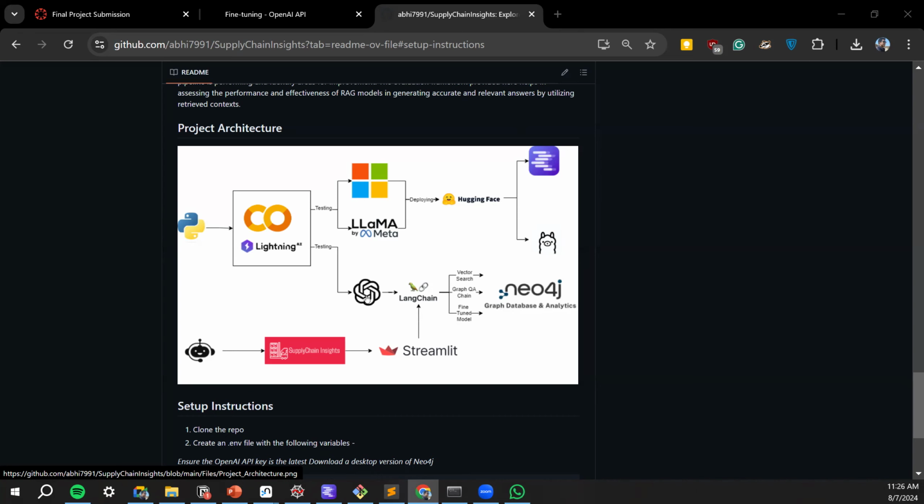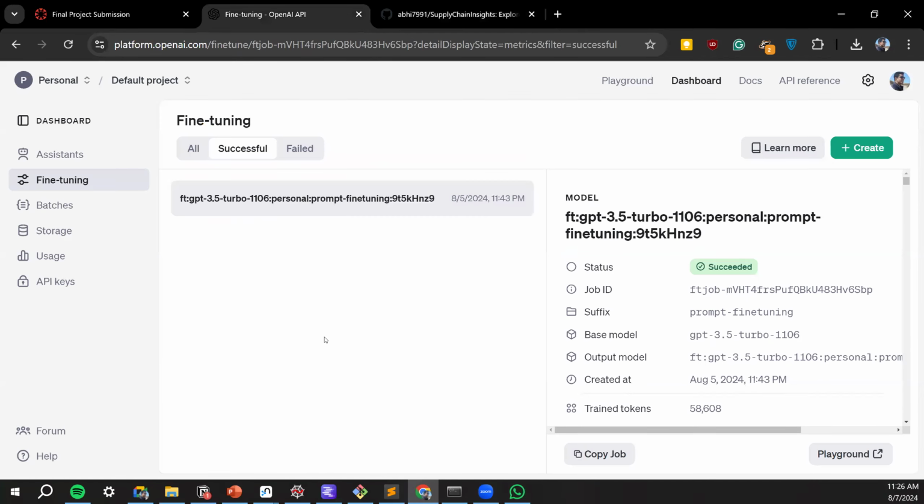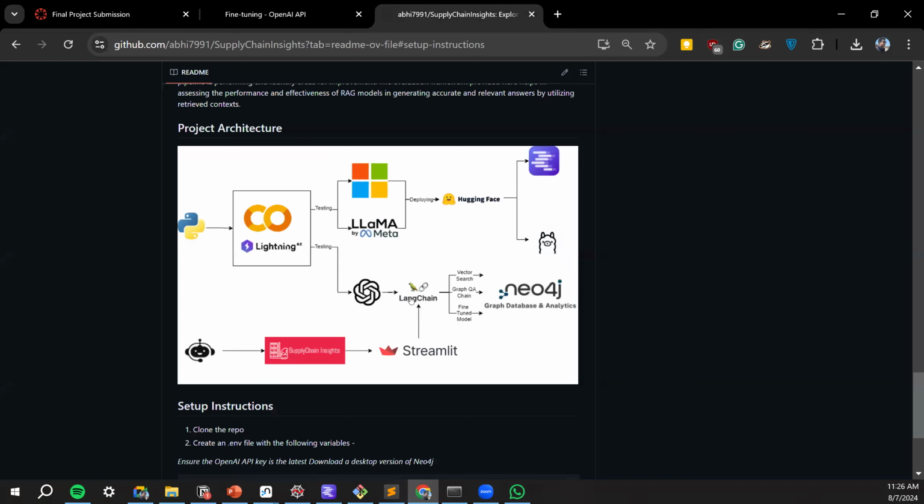I finally also tested OpenAI, which I have tested here. I fine-tuned it using their UI, whereas these I fine-tuned using Jupyter notebooks. Due to its ability to integrate into LangChain easily, I use LangChain to facilitate OpenAI's fine-tuned model as well as its API. And I use LangChain's multi-agent tool facility, wherein depending upon the type of job, I can call in different agents. I used the vector chain, a vector search, a QA chain, as well as a fine-tuned model chain, which is to call in my fine-tuned model wherever necessary, and to tap into my Neo4j database,